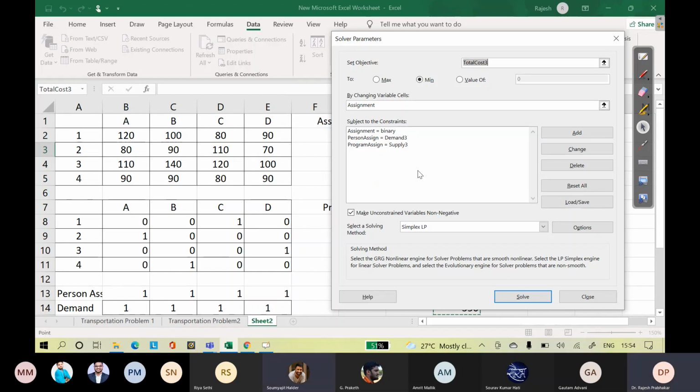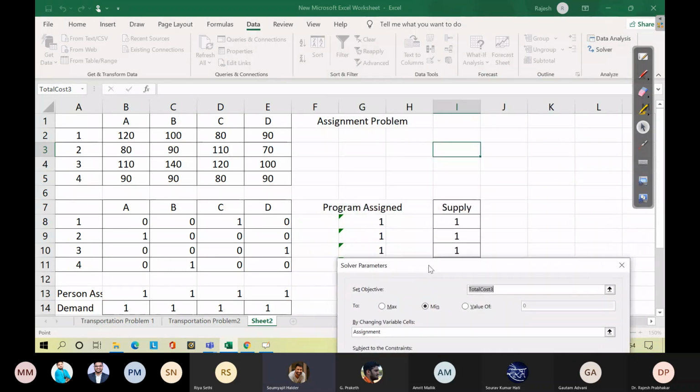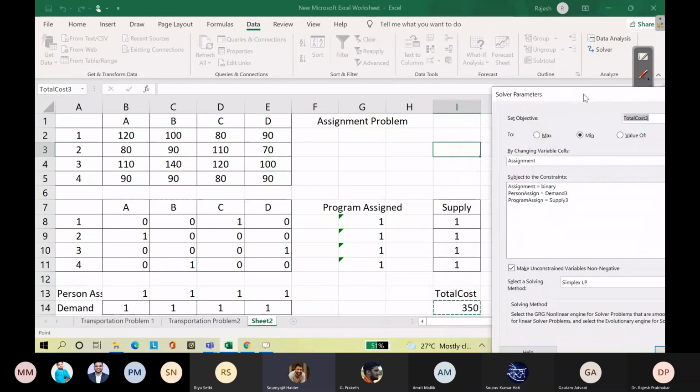Sir, can you show that assignment part once more? Once you say assign, you have to select that greater than equal to, right? Click the drill down there. You will see something called bin. Do you see it? Sir, can you just shift that solver parameter a little bit? Can you just repeat that step?